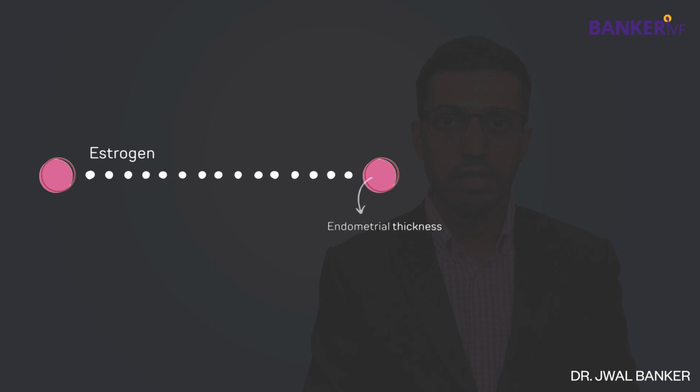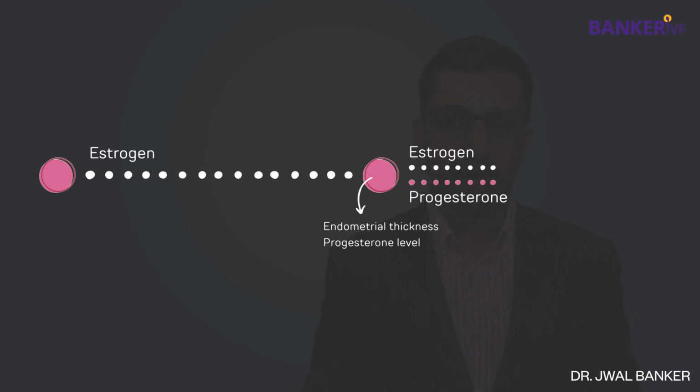For the ERA test, the endometrium is prepared using the standard frozen embryo transfer protocol used in the clinic. So typically from the second or the third day of the period, estrogen is started, and after 10 or 12 or 14 days, a checkup is done to see the endometrial thickness, and on the same day a serum progesterone level is measured. If these parameters are normal, then progesterone medicines are added. Both these medicines are continued for a period of around 5 days, which is the same as we would do